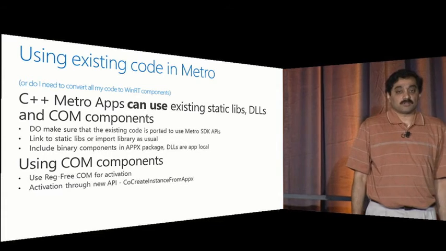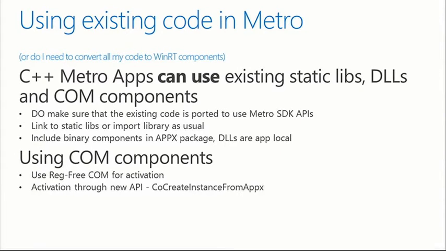Using existing code in Metro. So you have written C++ code, and you have static libs, you have DLLs, you have components. Can you use them? Absolutely. You do not need to make them as WinRT components or give them a WinRT API. So let's talk about C++